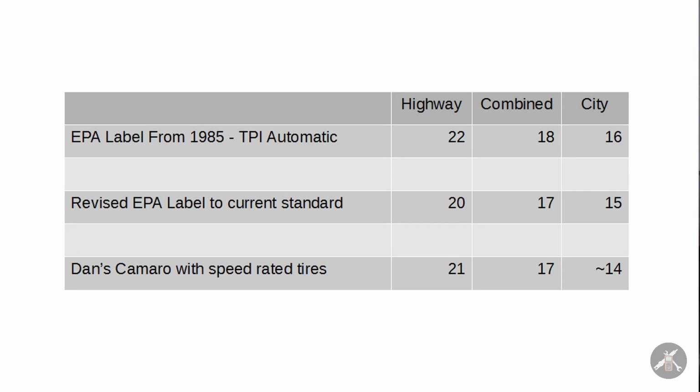When they ran those tests in 1985, in addition to making the adjustment, those tests don't run high speed. They run about 60 miles an hour as the max that the highway runs, and those were in the days when we had a national 55 mile an hour speed limit. So it kind of made sense. Later on, they're not measuring fuel economy at 75, for example. So the EPA has done some additional adjustments, and to match how they would measure today, they've revised. There's a revision in the label, if you go into the government's website, that says 20 highway, 15 city, and